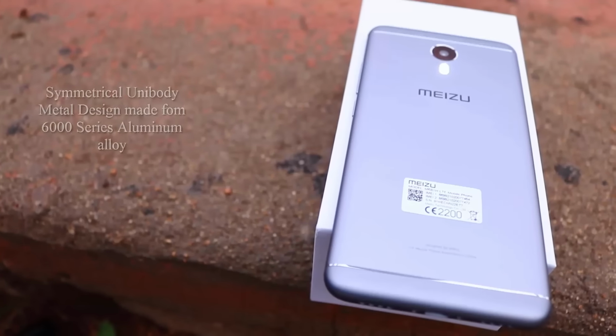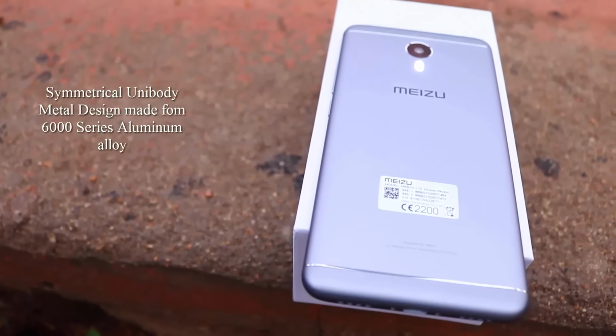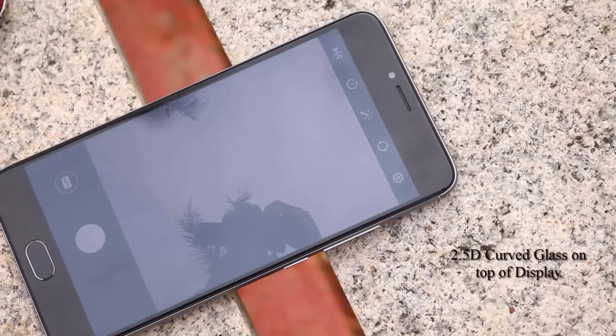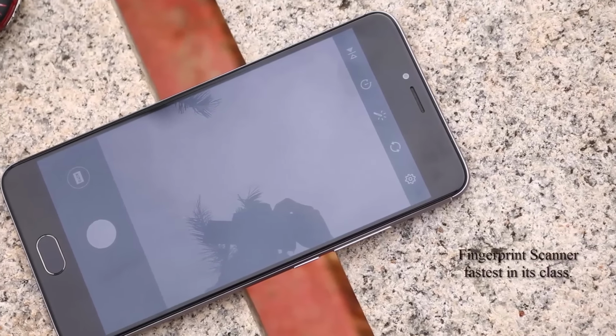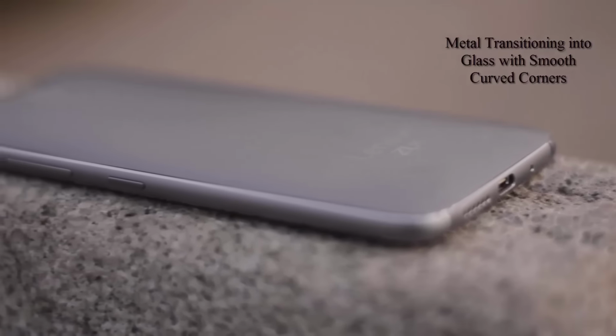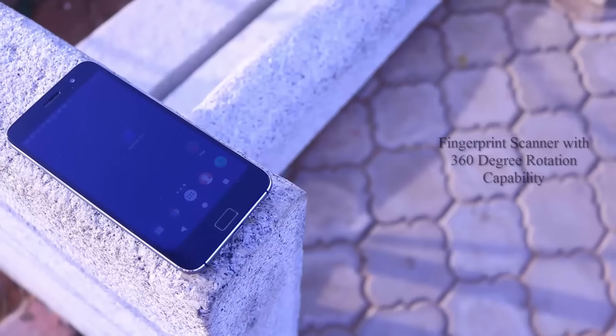Meizu M3 Note comes with a 360-degree symmetric unibody metal design with curved edges and a 2.5D curved glass on the top and a fingerprint scanner on the front. ZUK Z1 has a metal frame with chamfered edges and a plastic back panel and a fingerprint scanner on the